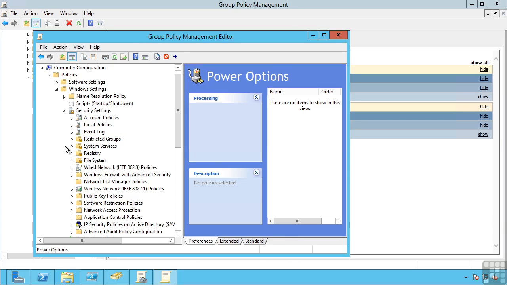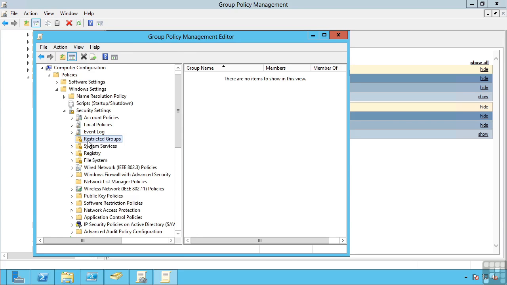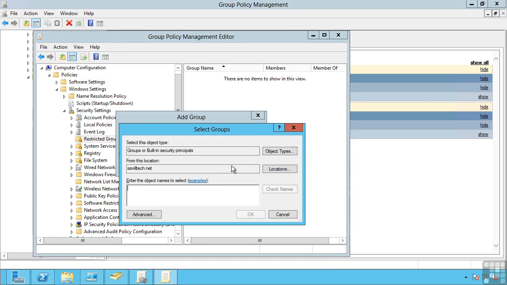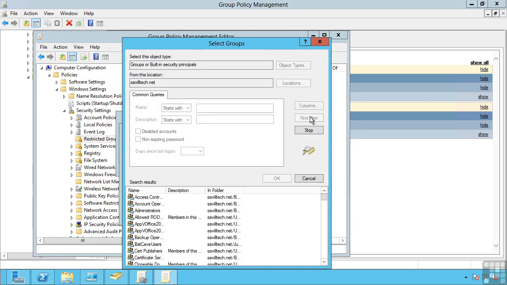A particular favorite of mine is restricted groups. So the goal of this is, perhaps I want a certain group of users to always be a member of the local admins group of a group of machines. Maybe today I did that via a logon script. Maybe I just make everyone a domain admin. The goal of restricted groups is it allows me to actually create a rule to say for a specific group, I'll just say all of them,